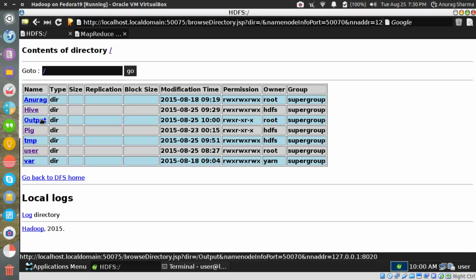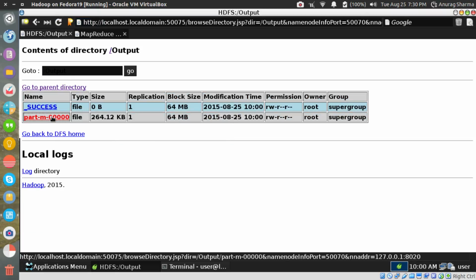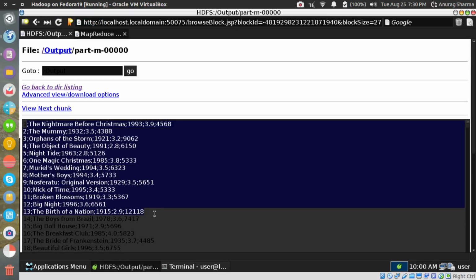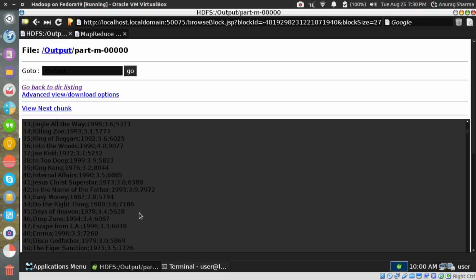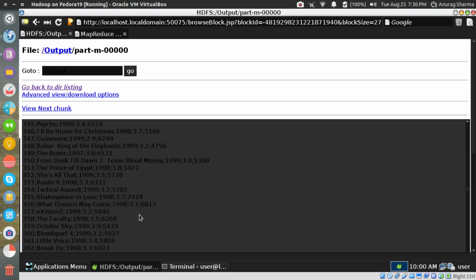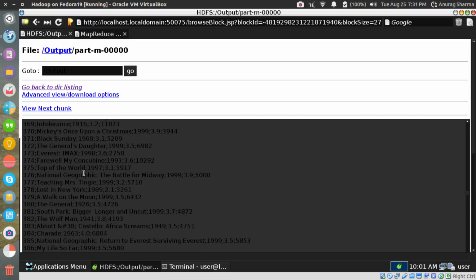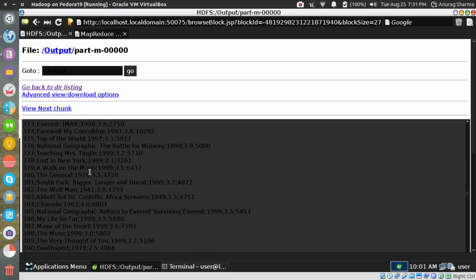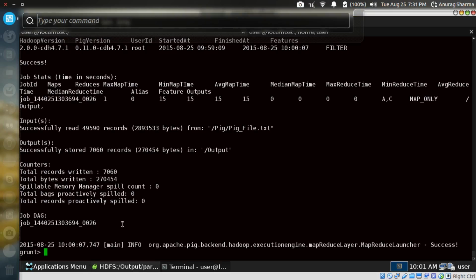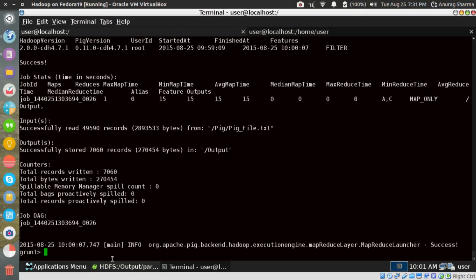My bad, I'm sorry. Anyway, so you've got this output directory here, and you've got your output of the MapReduce job here. So you can see that this data is free of nulls, in the rating side and in the ID side. So now let's use this particular data for Hive.